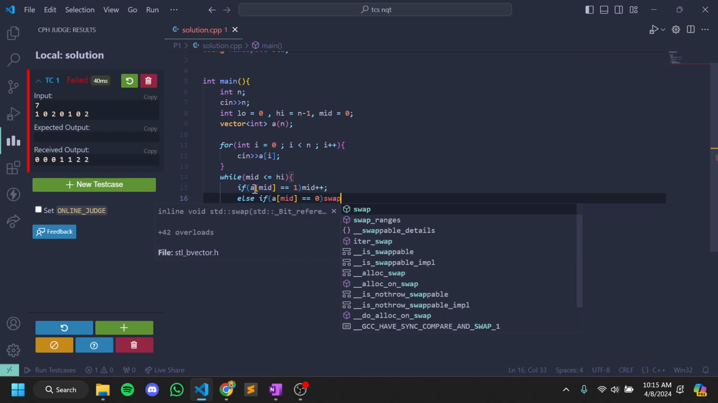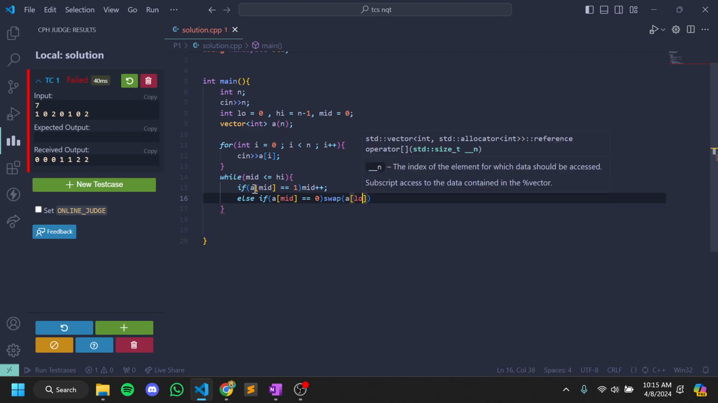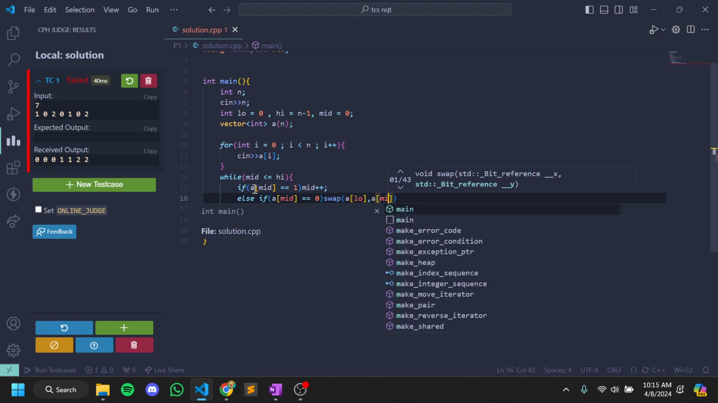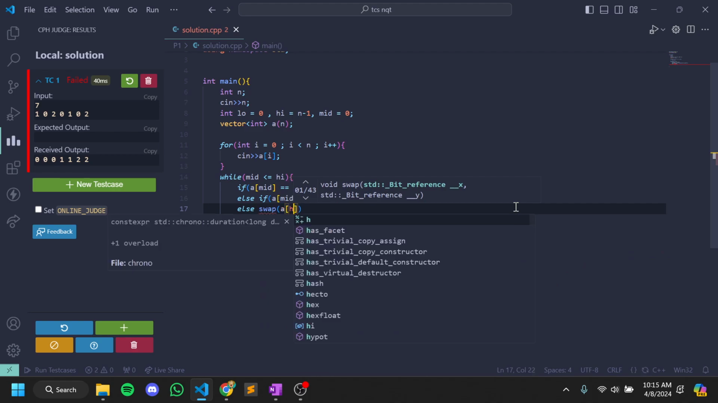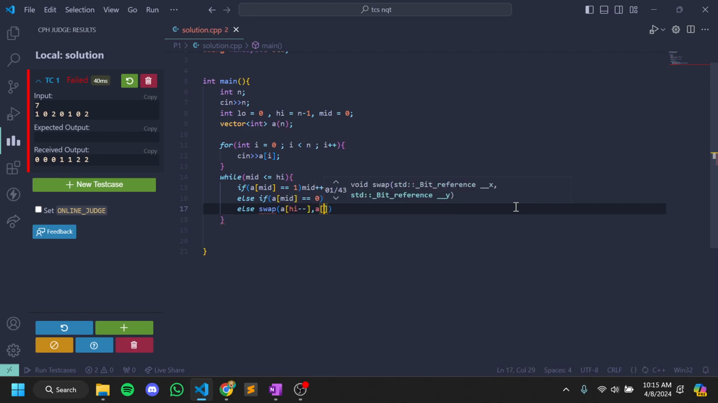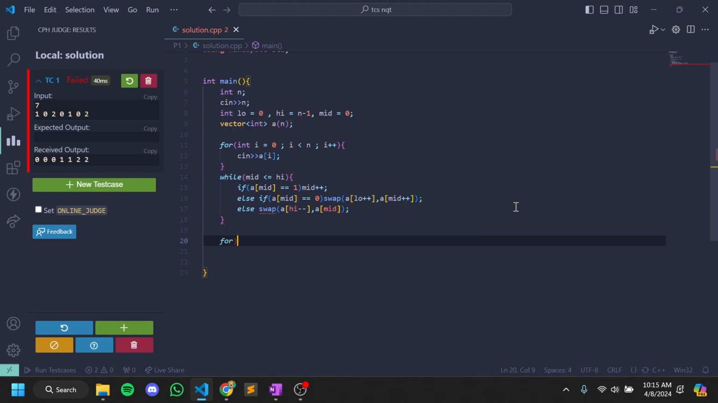we just swap the current values of low and mid, and let's add a post increment operator so that the values will be updated after these operations are concluded. After this, we'll be swapping a of high minus minus with a of mid, post decrement operator. So yeah,